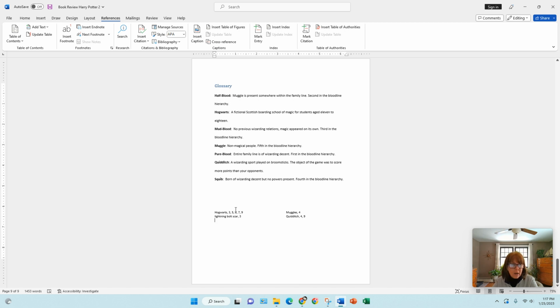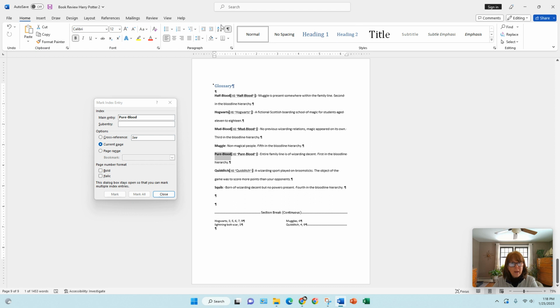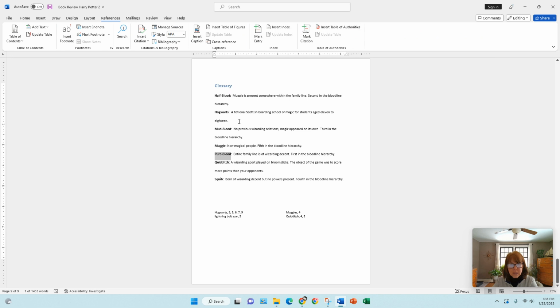Now let's say I've already built my index and I want to add some more stuff to it. You would mark your entries. So I will add Half-Blood, mark my entry. I will add Mudblood, mark all, and I will do Pureblood. Mark all. I'm going to turn off my hidden characters, close my window, go back to references, and now I